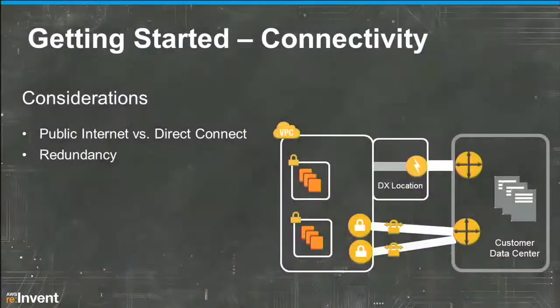The other thing to think about is connectivity. We talked a little bit about Direct Connect versus the public internet. Understand what your requirements are. You can always change your mind later on, but it's great to understand if you've got high throughput workloads that have to pump a lot of data between your data center and the cloud, or maybe you have regulatory requirements where certain pieces of data can't traverse the public internet, think about using Direct Connect.